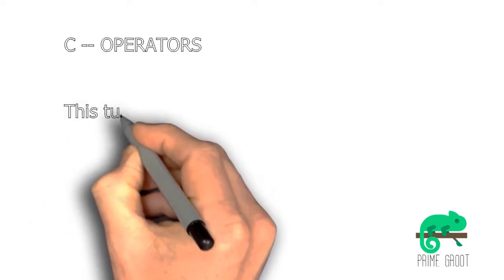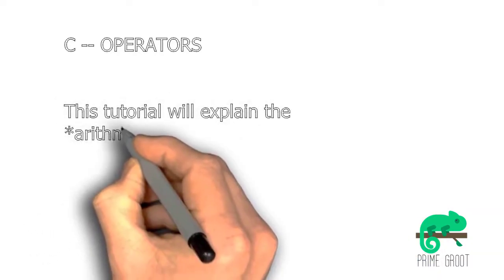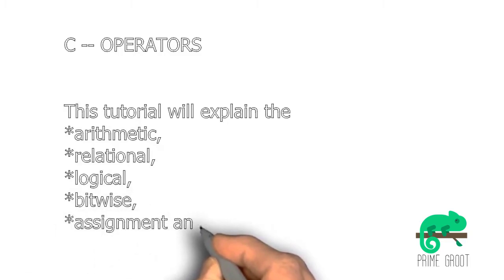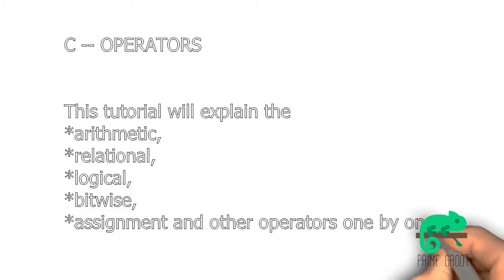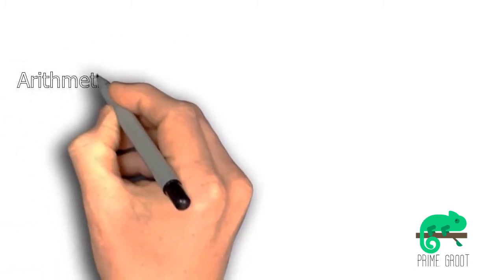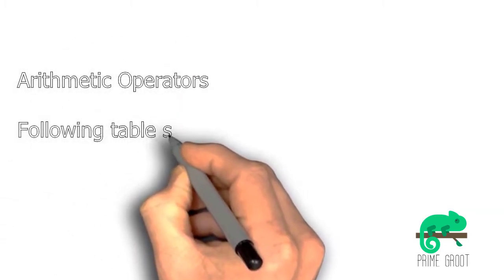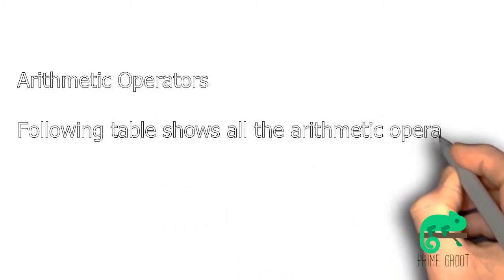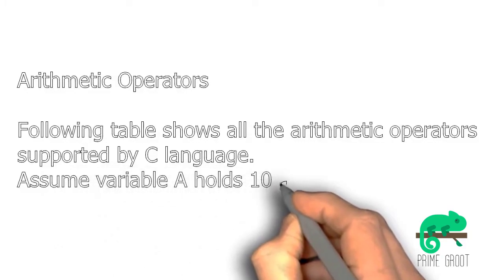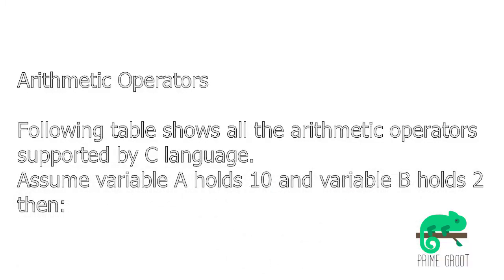C operators. This tutorial will explain the arithmetic, relational, logical, bitwise, assignment and other operators one by one. Arithmetic operators. Following table shows all the arithmetic operators supported by C language. Assume variable A holds 10 and variable B holds 2, then